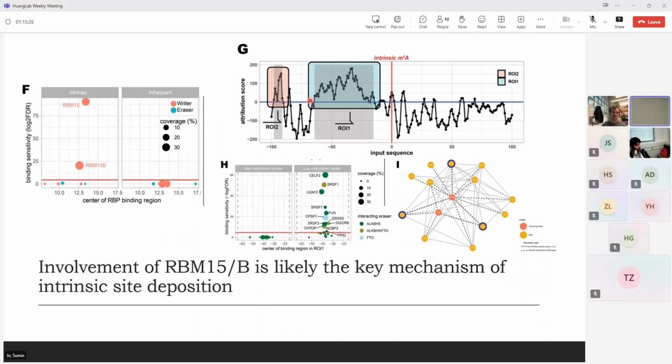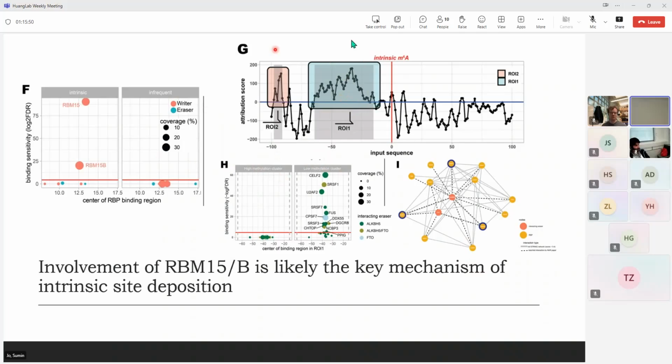So this region is specifically different compared to the infrequent sites. And if this region or this sequence is associated with the methylation cluster, that means this specific sequence or motif feature